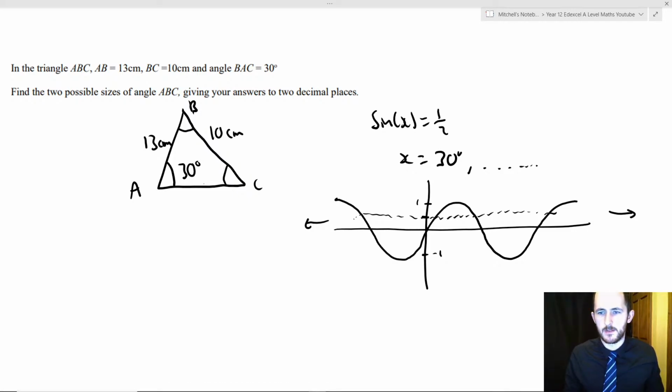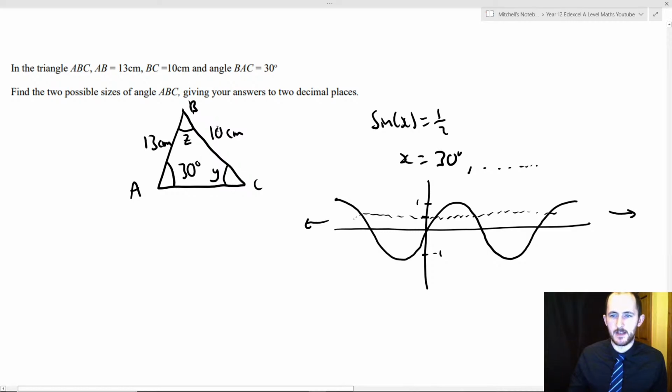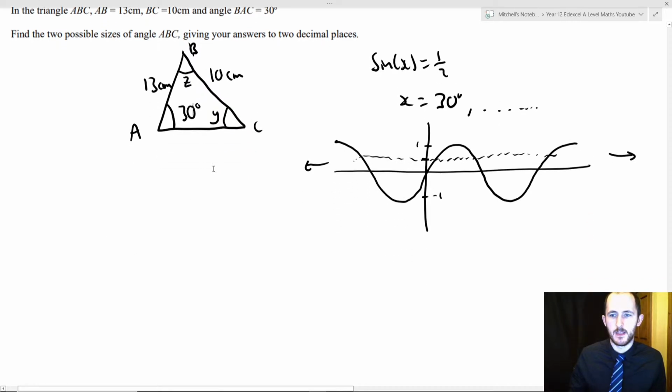Okay, slightly annoying. But we're going to be using the cosine rule. Sorry, the sine rule. Because we have a side and its opposite angle and another side, and we want to find its opposite angle. That will give us what the value for z is, okay? Now for y,